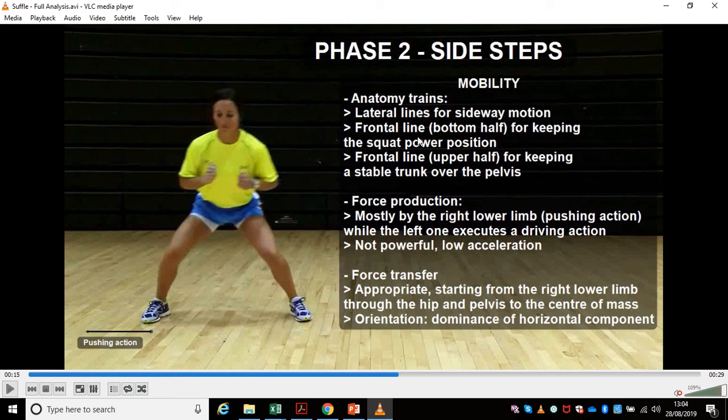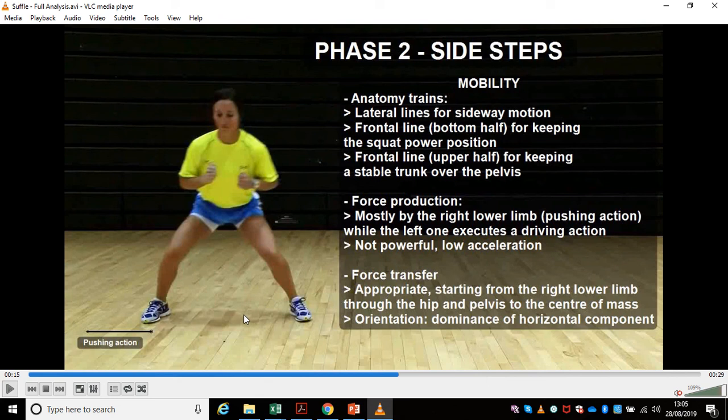The front line, the one placed on the front of the lower limb, keeps the squat position and facilitates the force production by the extensors of the knee and the extensors of the hip. And the upper line is keeping again a stabilized control over the pelvis. In terms of force production, this is mainly done by the right leg. So the right leg is pushing right in order to move the body left, according to the third law of